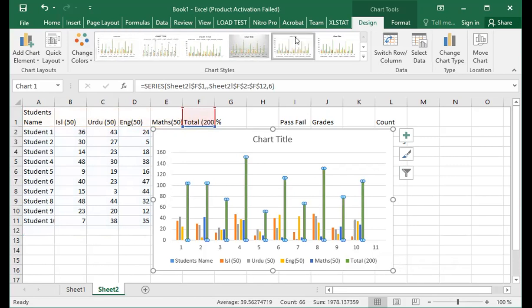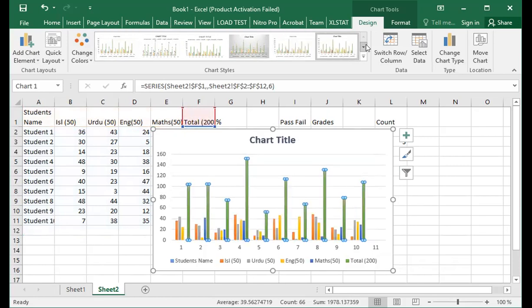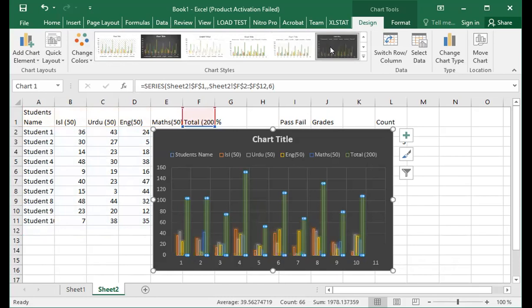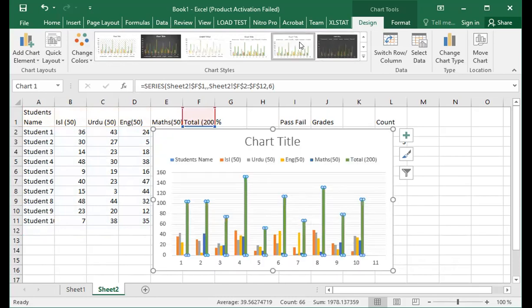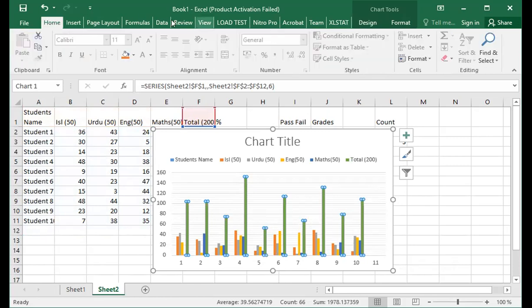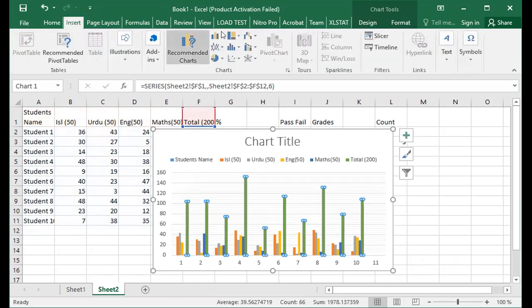You have further designs, further styles. You want this kind of data, or you want this black data. For example, if this looks good, or you want it in this manner. So there are plenty of options. Now, other than that, you can also do one thing, that instead of using this, you can also use a